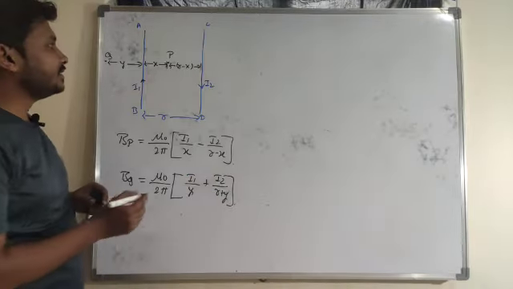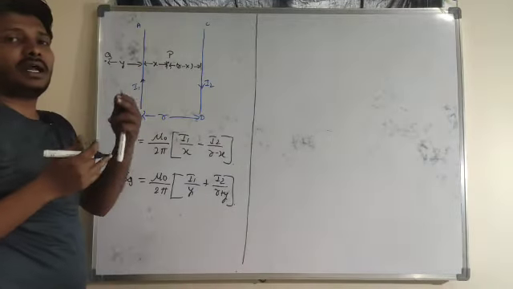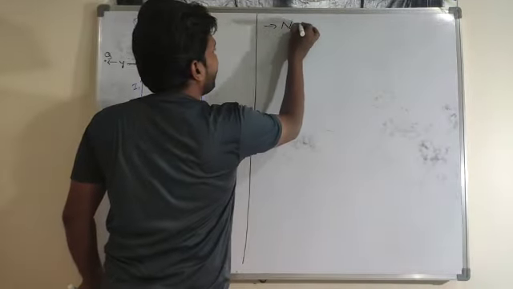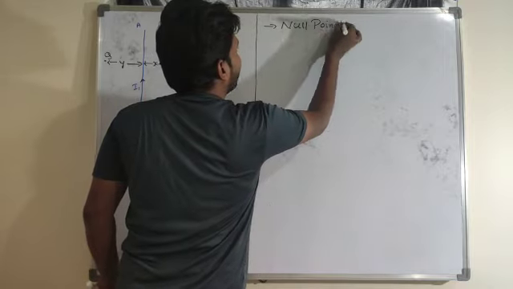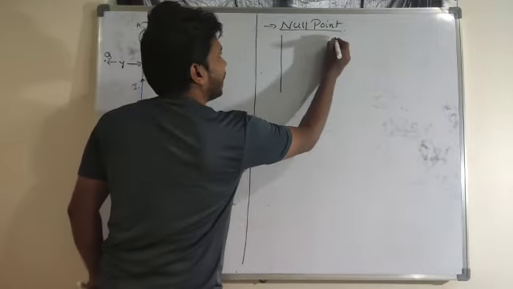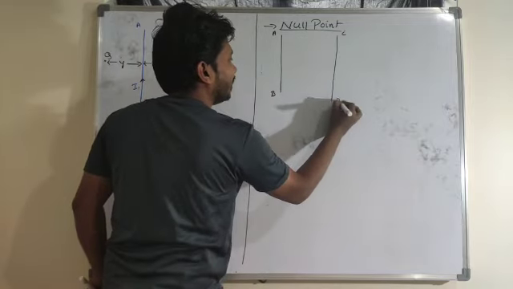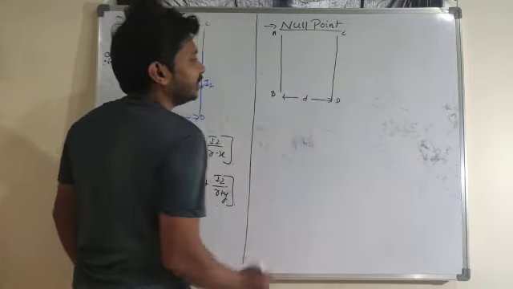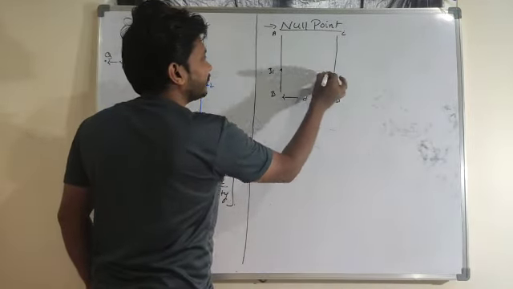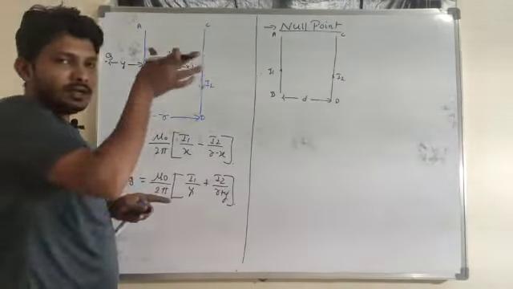So now in the case of these two parallel wires, let me find the null point. Null point means where the magnetic field will be 0. So that point I will name as the null point. So I want to calculate that null point. When the two wires are placed parallel to each other, AB is one wire and CD is another wire, d is the distance between these two wires. Now let me consider that current I1 is flowing here, and current I2 is flowing in the same direction.